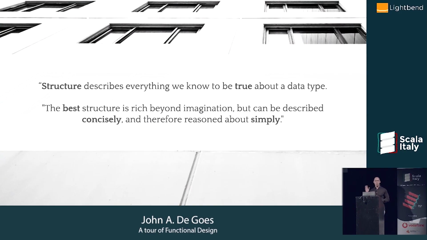The set of everything we know to be true about something. That's what its structure is. And if you like to think in terms of the Scala programming language, then I want you to consider the Any type. The Any type is a type without any structure. Why? It sits at the top of the inheritance hierarchy. It has no structure. And then as you extend Any with different types, everything extends Any, either directly or indirectly, you start adding structure. And the more you extend it, the more structure you add.